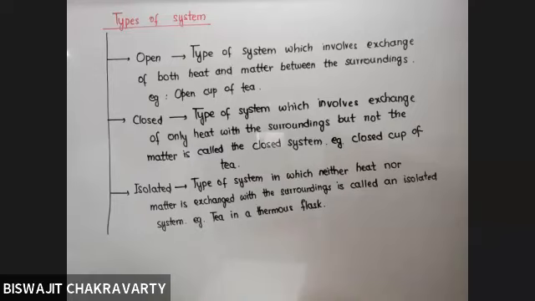Okay. Now, after we have discussed the three types of systems, tell me, I'm giving you some examples and you have to think to which particular system it belongs. Human being. What kind of system is human being? Is it an open system, closed system, or isolated system? Open. It is an open system. Why? Because human beings can exchange both heat as well as matter with the surroundings. So it is obviously an open system.